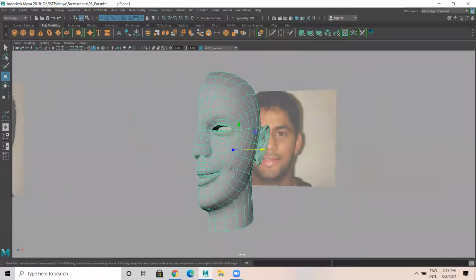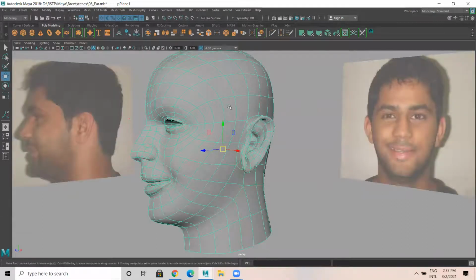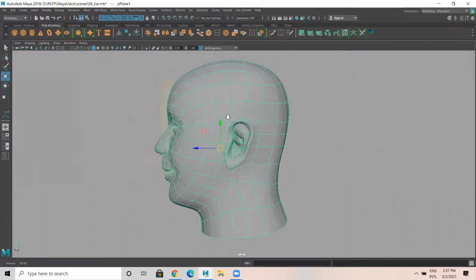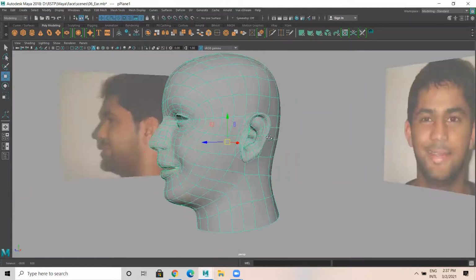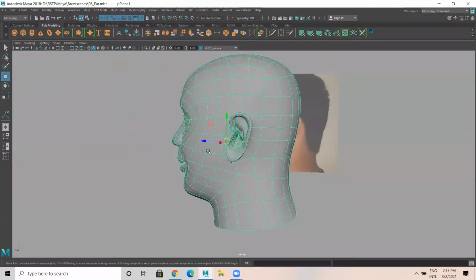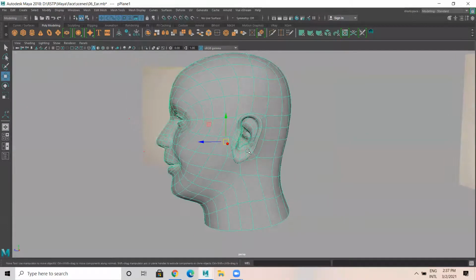So after this, what I'll do, let us unwrap this. Unwrapping is a texturing part. Anyhow, I'll show you that separately. For the time being, I'll show you how to do unwrapping, means I'll show you the final output, how it looks. Okay. Anyhow, you will be learning this later as well.